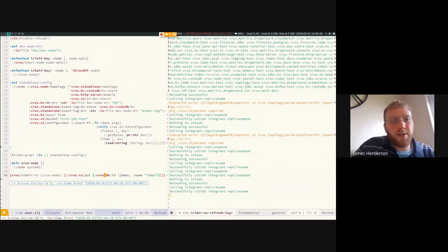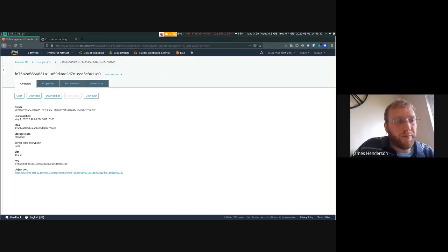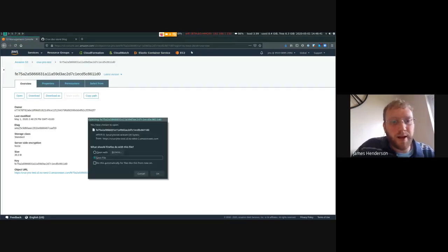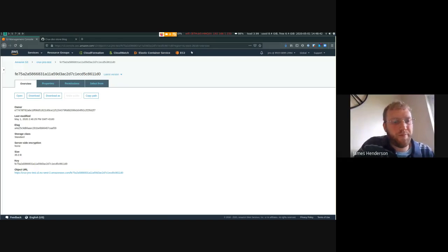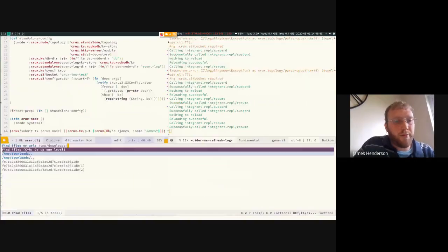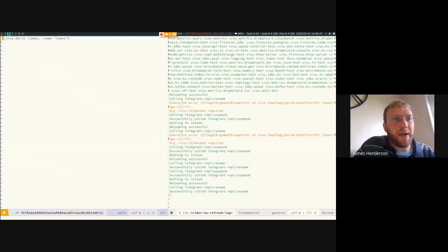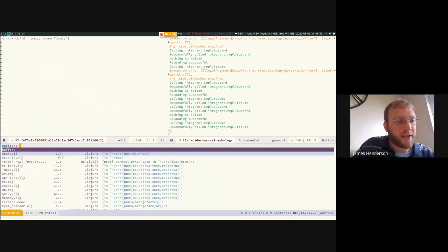I've now put another transaction into it, which will hopefully override the document. And I'm hoping the size changes when I go to S3. 35 bytes. Excellent. I'll download that again. And we should now see, there we go, that's nice and plain Eden. So that's a brief introduction as to how we can then configure that S3